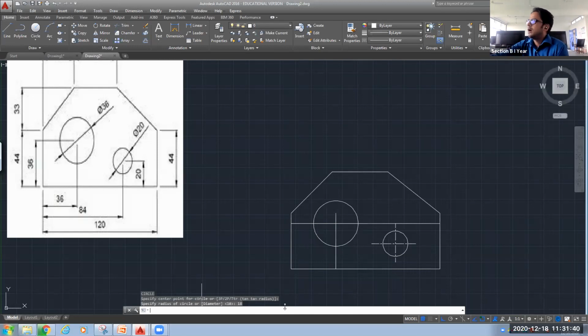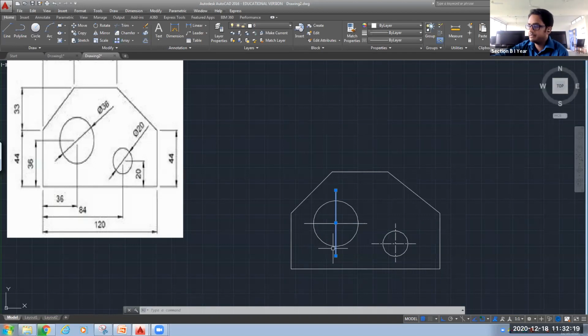Now again we will do the same. I want that center line. So this I need to stretch somewhat over here, and from this side I will shorten it. You can see what I'm doing. I'm selecting the line, clicking on one of its endpoints, and wherever I want the second point, I'm clicking over there. I want the line to be at this location. So these are two cross lines, thick continuous lines. I want to make them center lines.